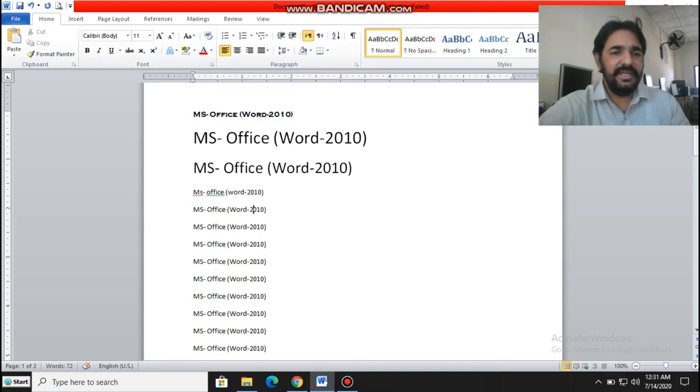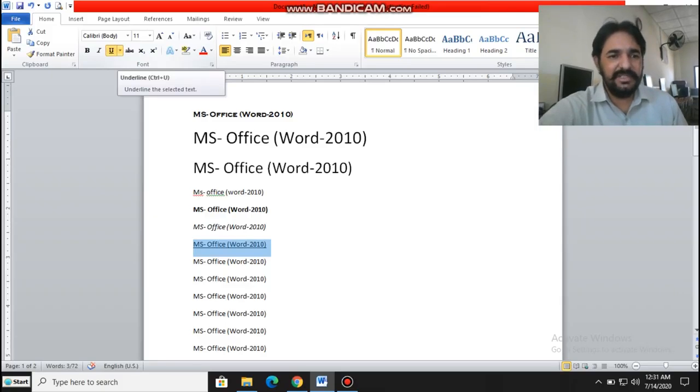So next we have bold. We can press bold, then we can select italic, then you can press underline. There is underline.